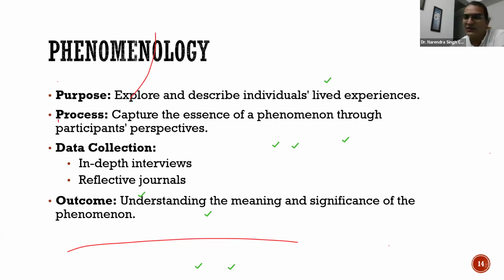Phenomenology, okay. Why ethnography? Suppose you want to study the transgenders in India. So I can club ethnography and phenomenology. But largely, if I want to understand their experience, definitely phenomenology can help me in a better way. Why not case? Case is very specific, somewhere you have to understand, right? Because that is not actually capturing the experience, it is capturing the dilemma. I'll show you examples of the papers which are published and then you will understand better. So understanding the meaning and significance of the phenomena is very, very essential, and that is the phenomenology I'm going to use.